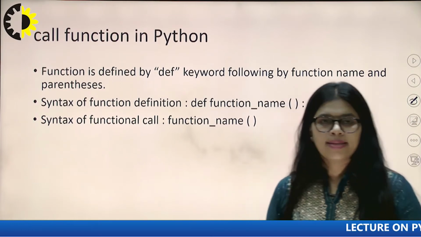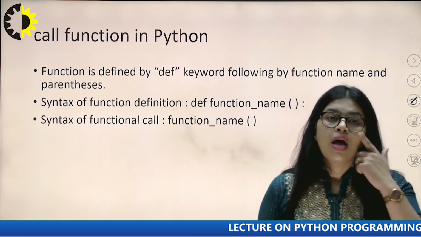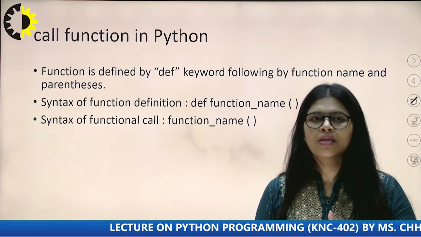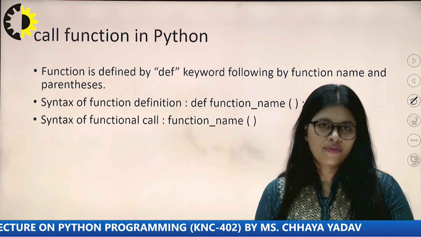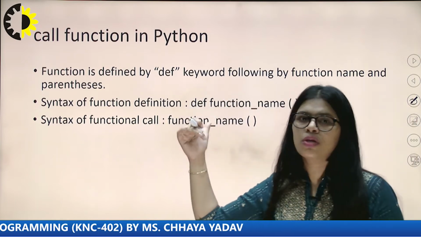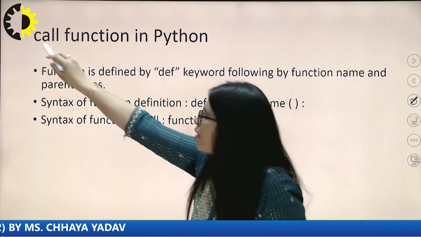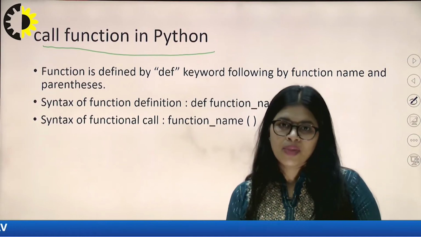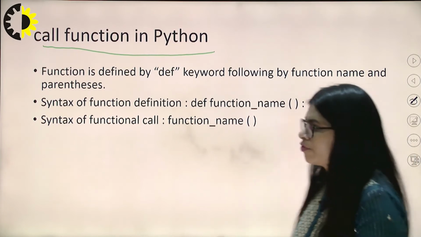Now as I discussed, first we have to define a function for creating a function. In a user-defined function, the user is creating their own function. Then, when the user wants to print the value according to their function, first we have to create the function, and for printing that function, the user also has to call that function. Okay, calling a function in Python means the user creates their own function, and to print that function's value, the user has to call that same function.